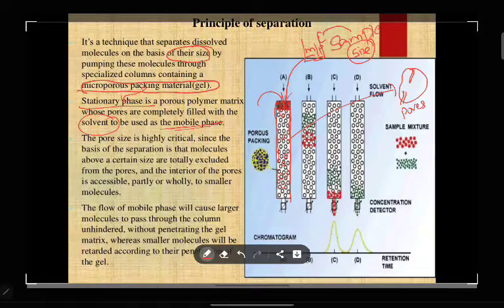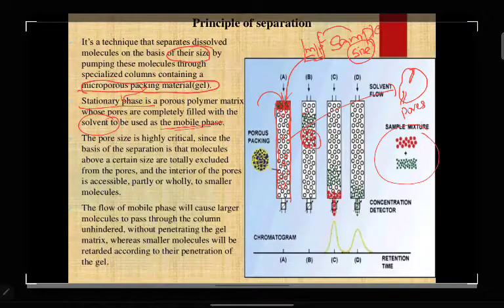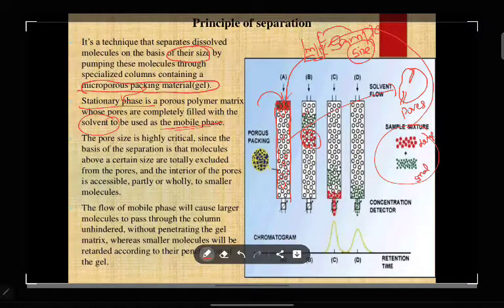Now, you see, consider in this diagram we have two types of particles. So, one is large particles which I represented with red color. Then small size particles which are there in blue color. Here you can see small dots. So, you can see here, this is my sample mixture. My sample mixture is having large size particles which I indicated with red color. Then small size particles which I indicated with green color. Now, this entire sample mixture, what did I do? I dissolved it in mobile phase. Then I am loading it on the surface of the column.